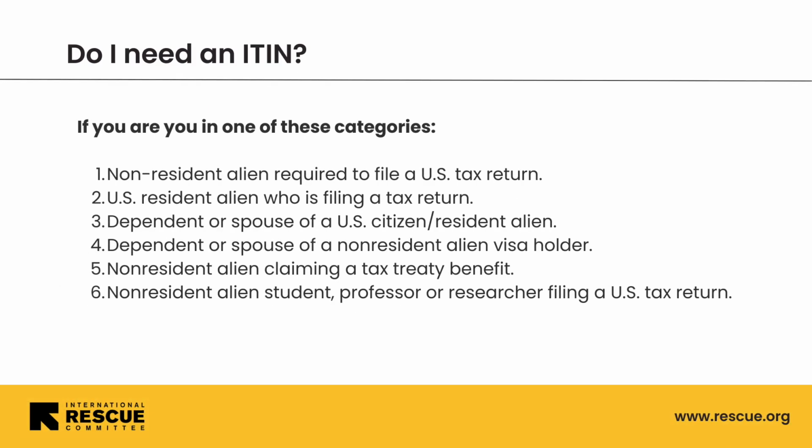Do I need an ITIN? Does the following apply to you? You do not have a Social Security number and are not eligible for one, or you are required to file a federal tax return or to provide a federal tax identification number, or you are in one of the following